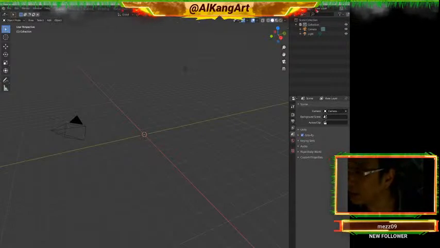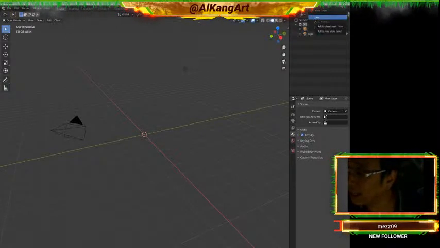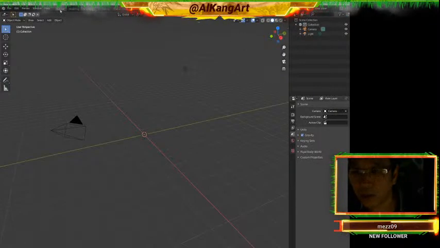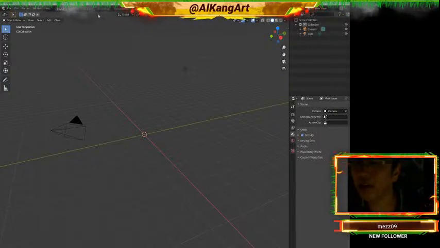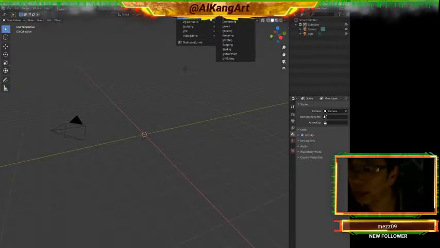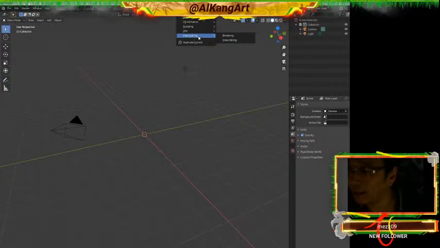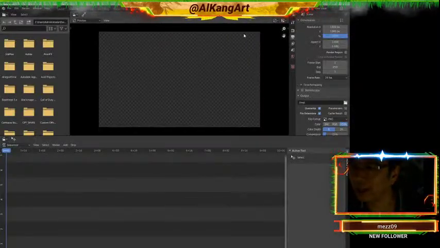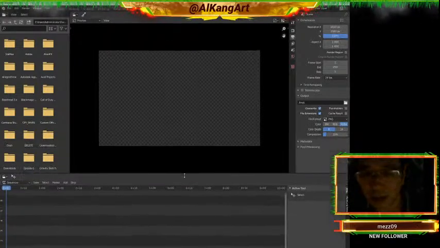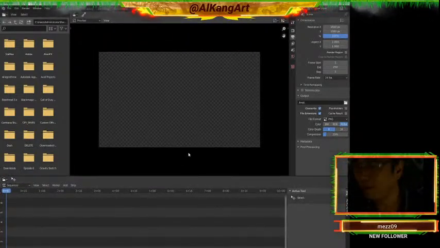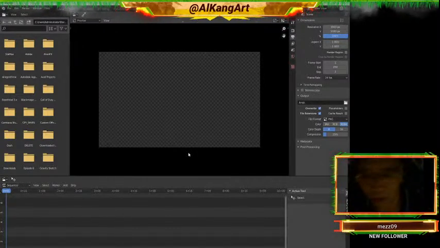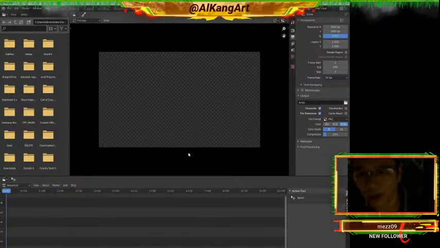So I'm going to come over here to this setting here. Actually, first, let's see. We've got our layout folder. One of the things I'm going to add straight away to my folders here is the video editing, right? So let's pop over into the video editing. It looks very much like a nonlinear editing suite. Straight away, it strikes me as being not as fully featured as Avid or Premiere or Final Cut, which I've used all three.